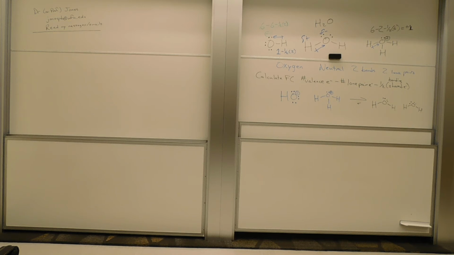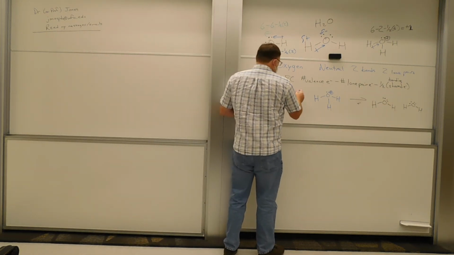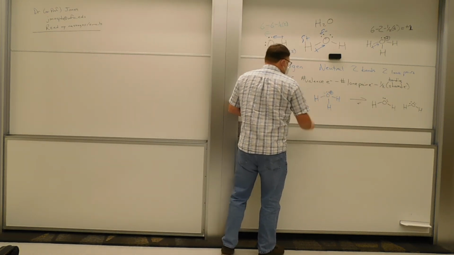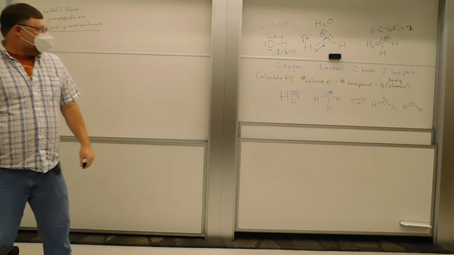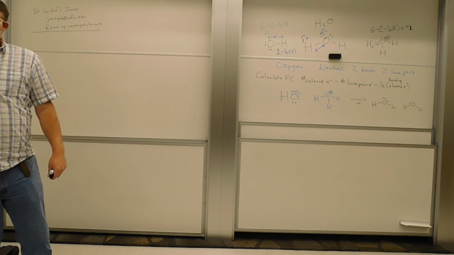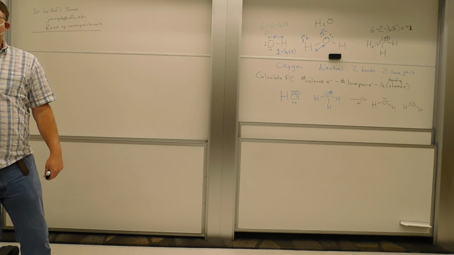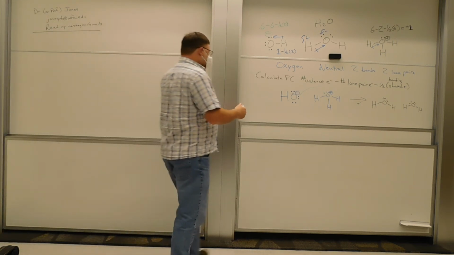Why don't those two make a bond? The reason is, the hydroxide would need to make a bond to that positive, and the result would be that the oxygen that's positive would get more than 8 electrons. So if we make an OO bond here,